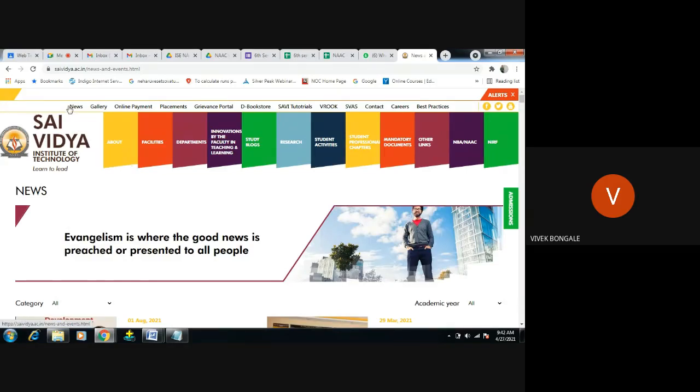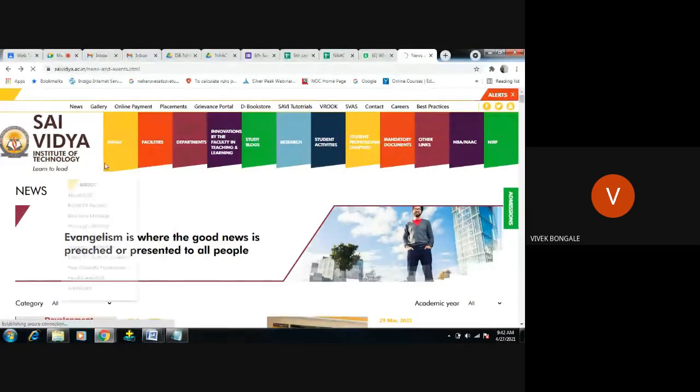The destination we are not going to give on the display part of the website. We are not going to show any hyperlink over there, right? That particular page will load at one place, and that place we say is a label. Here news, gallery, online payment, these are all the labels. When we click on the labels, that particular page will get opened. It will access the particular page and display it, right? So you can see here, I'll just come back over.